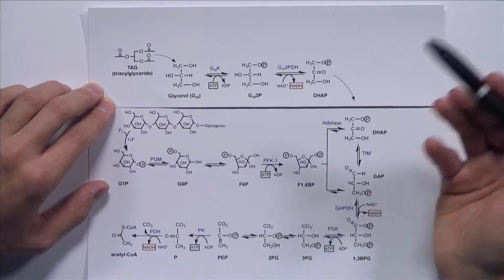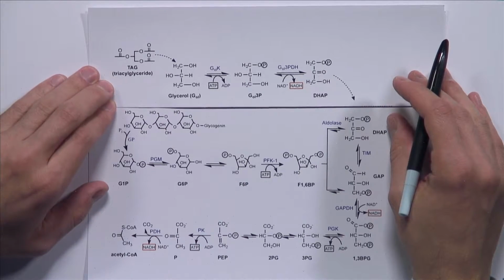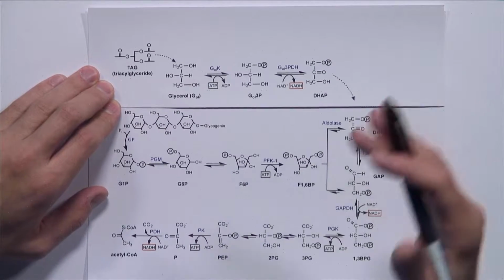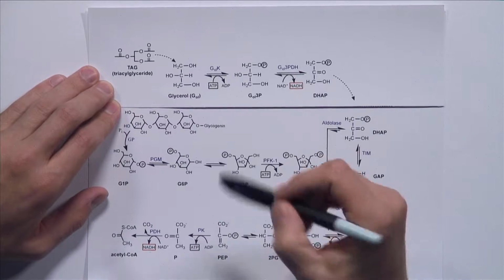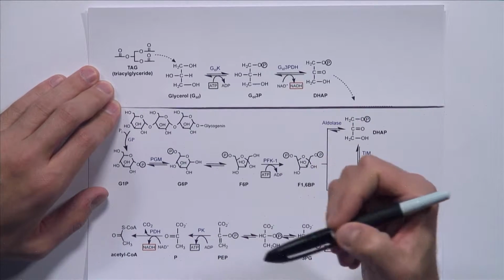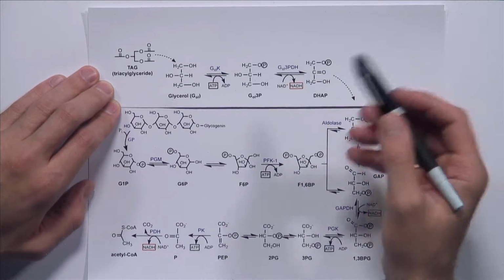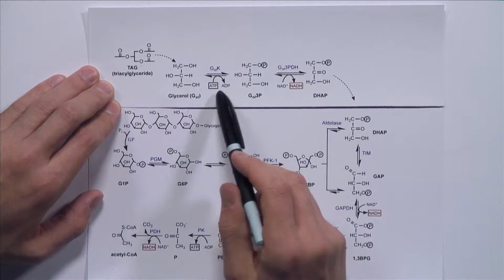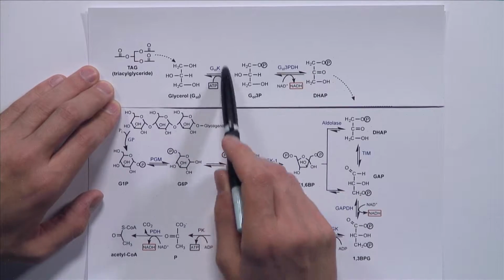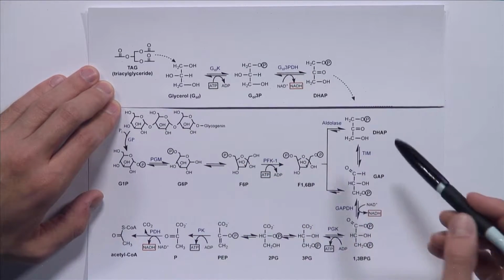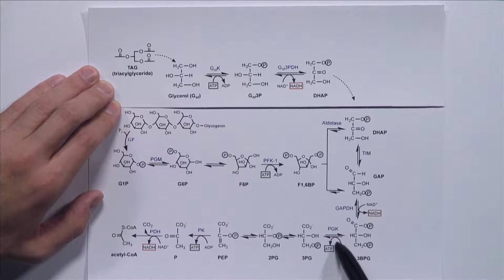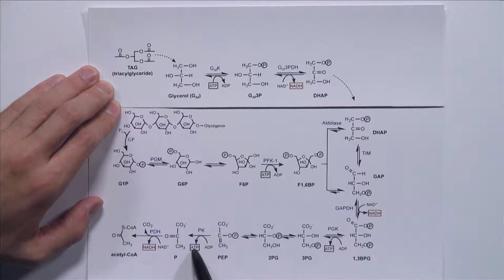So now, let's tally up how much energy we can get from one molecule of glycerol. Let's take a look specifically at the steps where we're generating ATP or generating redox cofactors such as NADH or FADH2. First, we need to put in ATP in the glycerol kinase step, but we're going to get back 1 ATP in the phosphoglycerate kinase step and 1 ATP in the pyruvate kinase step. So the net ATP formation is 1.